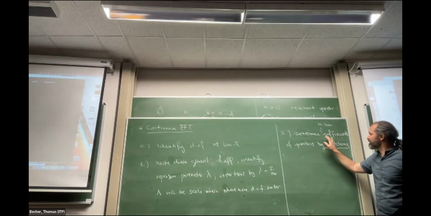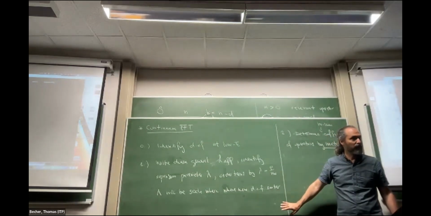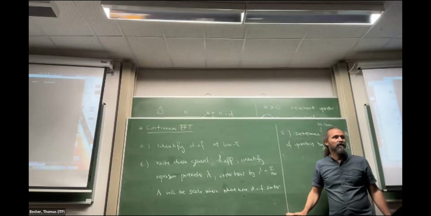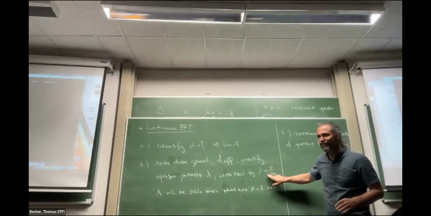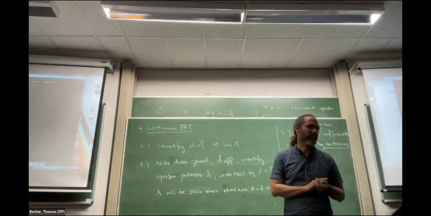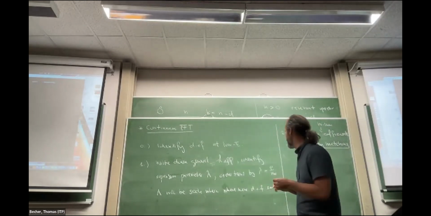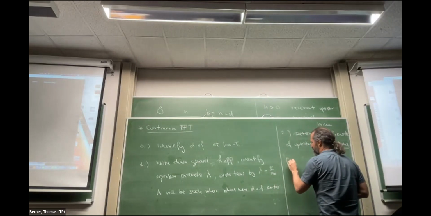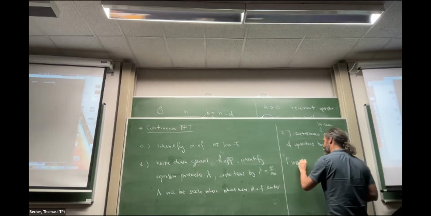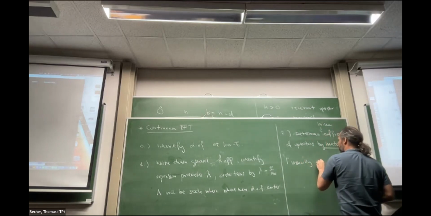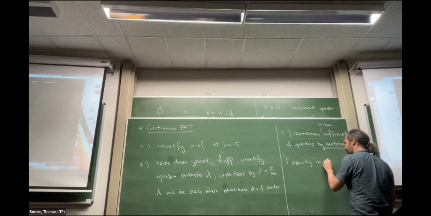And this we just discussed. Usually we will not put a hard cutoff. We really treat this as a continuum theory. But of course, since we then integrate up to infinity, and since we have operators with derivatives, there will be divergences. And so you have to somehow regularize the theory. You could use a cutoff, but again, cutoffs are not so nice. But when you do these computations at the loop level, you need to regularize, and usually one uses dimensional regularization.